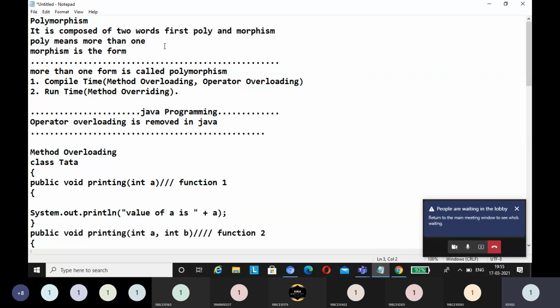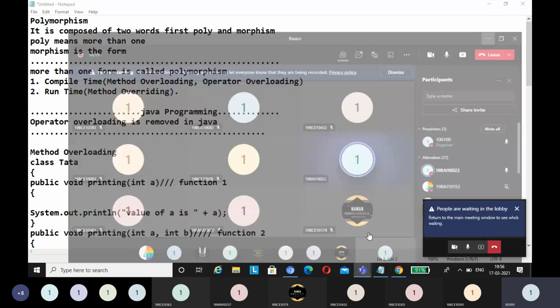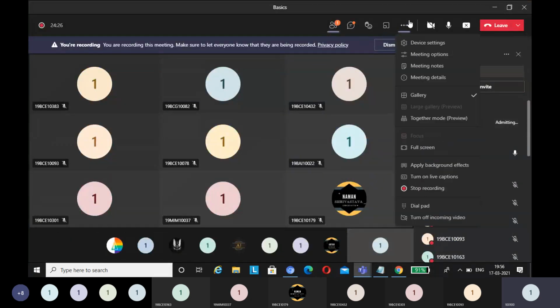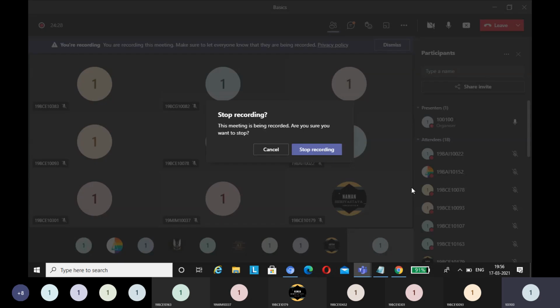It consists of two words. Again, I am saying it: one is poly, second is morphism. Poly means more than one. Morphism means in the form. So more than one form is called polymorphism, and the remaining I taught you. So that's all for today's class. And I told you, this concept. If you're talking about this concept,